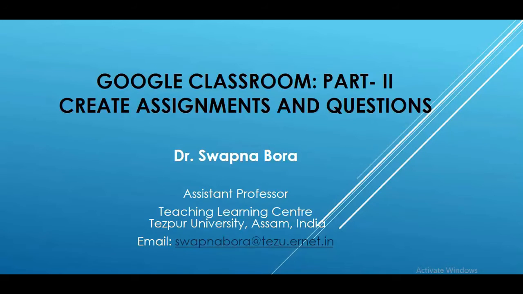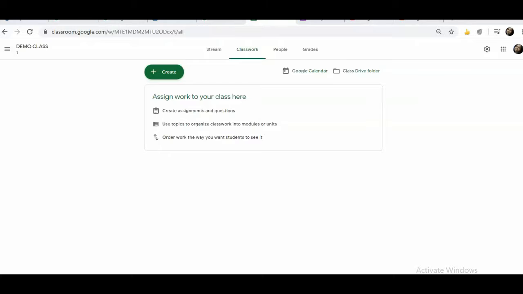For this particular purpose, we need to go to Google Classroom, where in the classwork section we can create assignments and questions. So this is the classwork section, and here we can hit this create button for creating assignments and questions. Use topics to organize classwork into modules or units, so you can order work the way you want the students to see it. First we will go for this create button